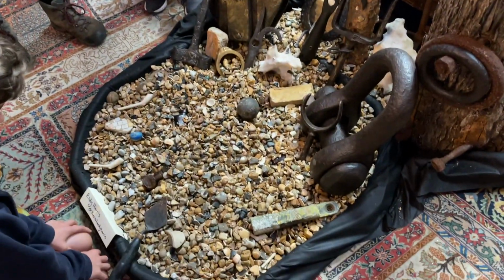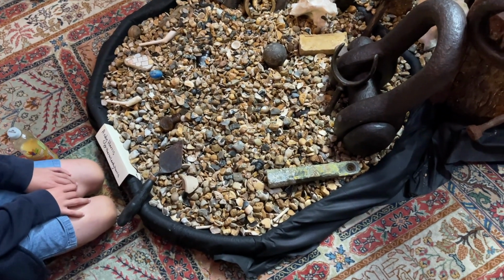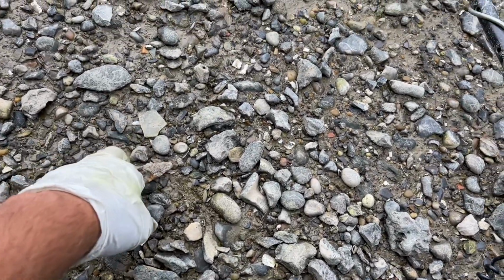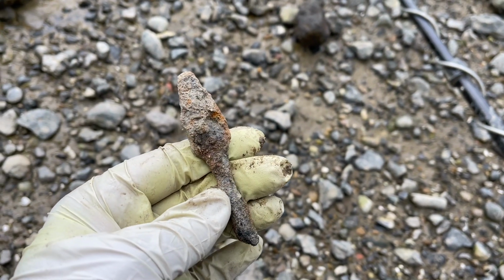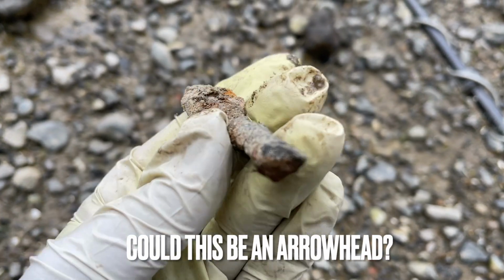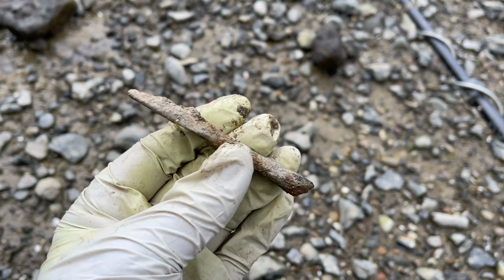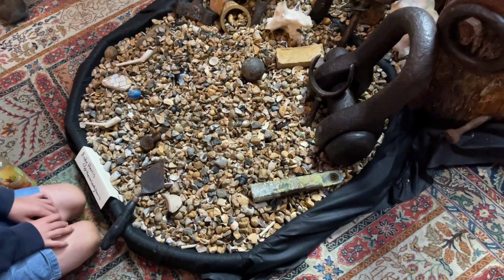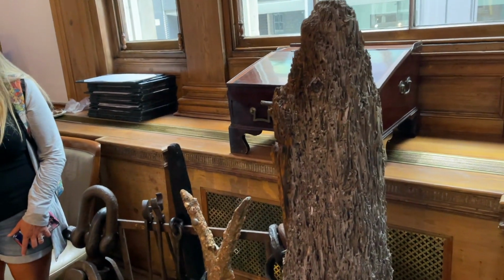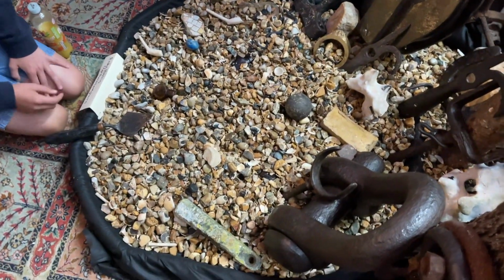Thames foreshore. Spot the find. Another surface find. So, what could that be? Do you like coins? Yeah, we do. You do? Yeah. We live in... Oh, you go down there. Are you on Instagram? Yeah. Do you use your page for...